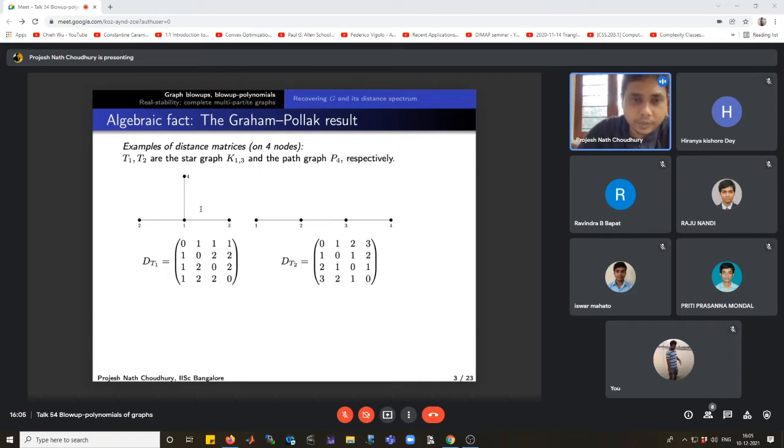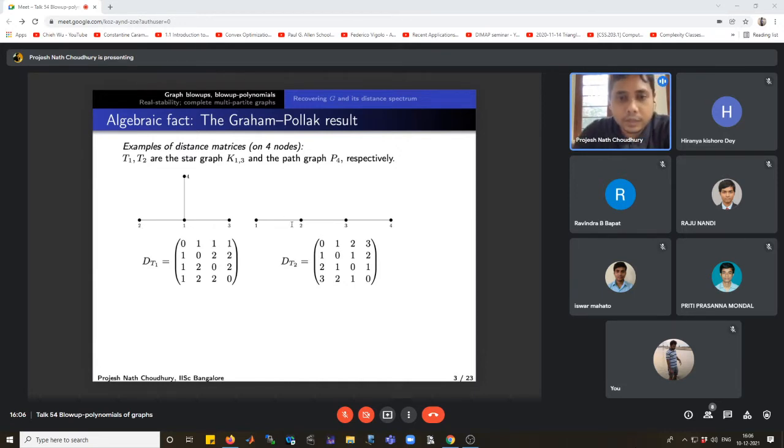Now look at the distance matrices. Let's say for the first graph, the vertex 1 is adjacent to 2, 3, 4. So obviously all the diagonal entries are 0, and the (1,i) entries are 1 for i equal to 2, 3, 4. Similarly, the vertices 2 and 3, 3 and 4, and 4 and 2 are at a distance 2 from each other. This gives us the distance matrix for the first graph. Similarly, for the second graph,